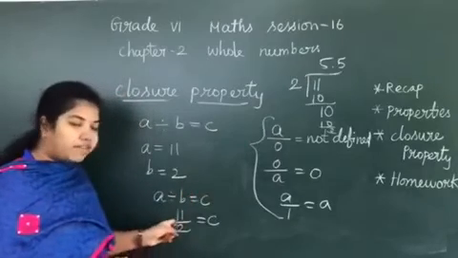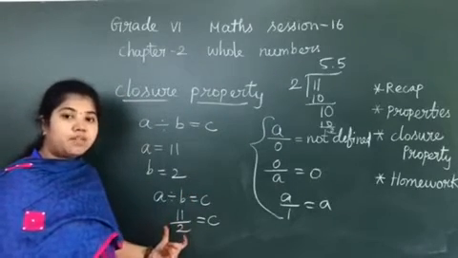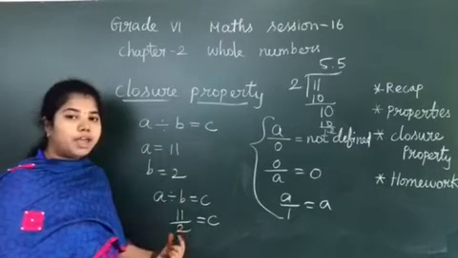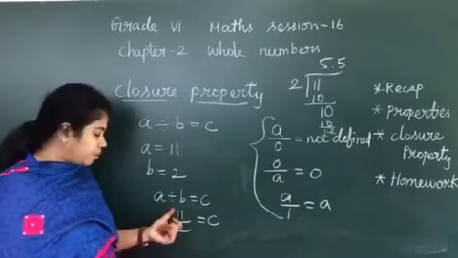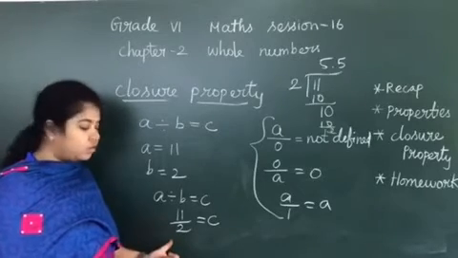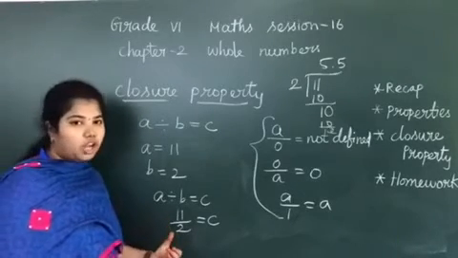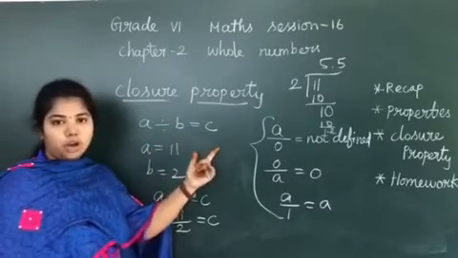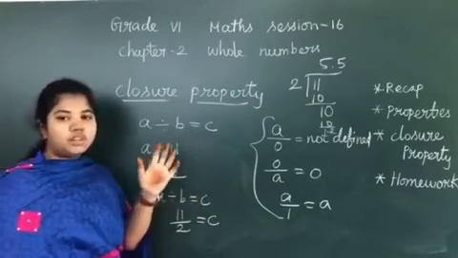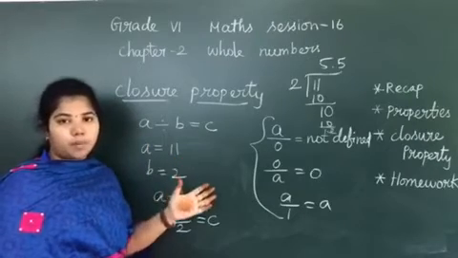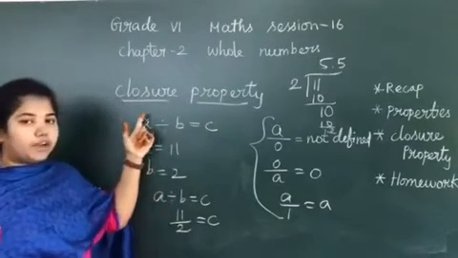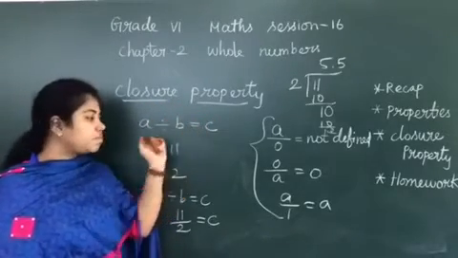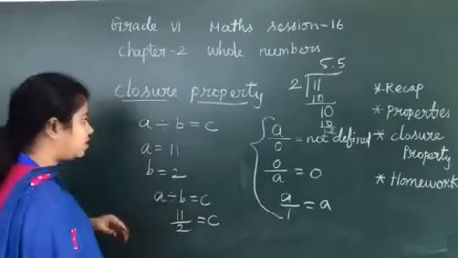And this 11 by 2, where did you see in this form? Fraction. Otherwise, in the first session I told you one number, p by q form. It is a rational number. p by q, comma q not equal to 0. This is a rational number. So it is not a whole number, right? So A, B is a whole number, but C is not a whole number. Therefore, division will not be satisfied under closure property. Again, I will tell you the spelling of closure property: C-L-O-S-U-R-E, closure property.